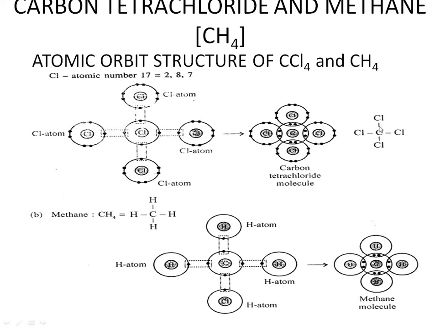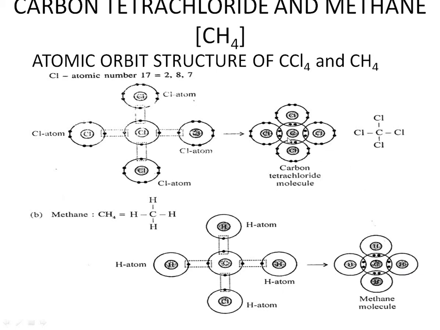The same way you have to draw. 4 single covalent bonds are formed. So in place of chlorine, we are going to write hydrogen. So this is how you will get the structure of the methane molecule. That is carbon 1, 2, 3, 4, 5, 6, 7, 8. When you look at that, it is obeying the octet rule for carbon. For hydrogen, it is obeying the duplet rule, 2 electrons for hydrogen. The same way the other 2 electrons for hydrogen. Here also the same way, so each of the 4 hydrogen atoms will be sharing 4 electrons from the carbon atom.